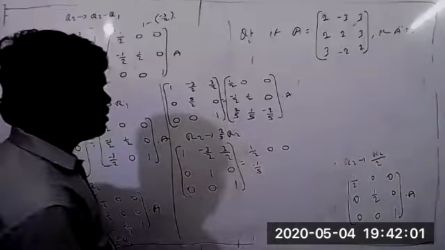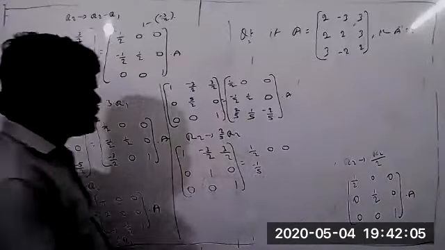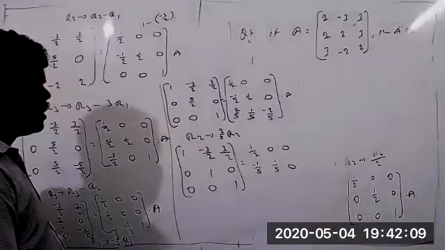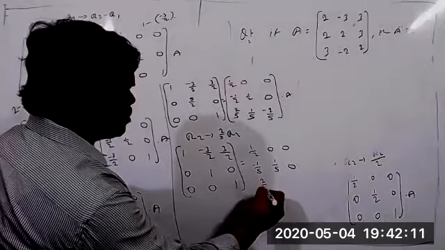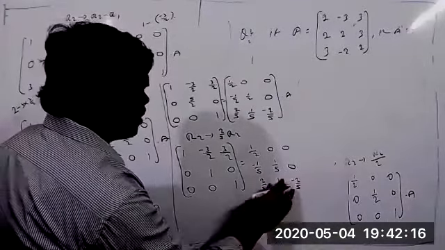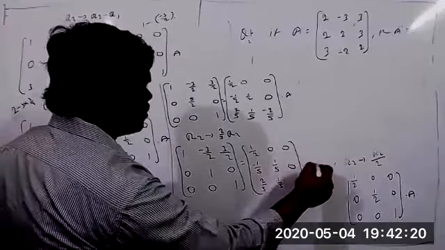2 will be cancelled. So what about remaining? Minus 1 by 5. Next, 2 by 5 into 1 by 2. 2 will be cancelled. So it is the plus 1 by 5. But 0 identity equal to 0. And the remaining identity is only. So 2 by 5, 1 by 5 and minus 2 by 5 now. Minus 2 by 5 into A. Into A.